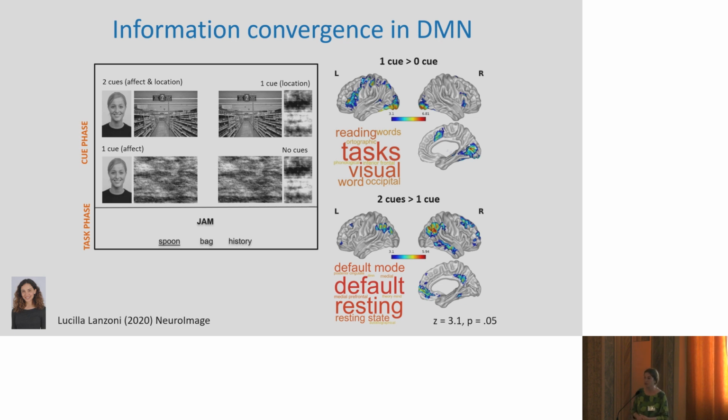Or they saw a spatial context photograph, such as a supermarket for the jam or a motorway for the traffic jam. Or they were presented with no cues. So we've got two cues, both cues are present, or only one cue is present, or there are no cues present. What we found was that the response to one cue over the zero cue condition essentially elicits more activation